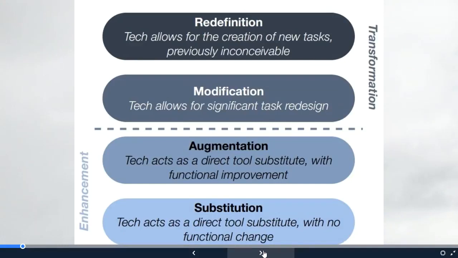Modification, the third step, allows for significant task redesign. Many times it involves collaboration with peers or allowing student work to be accessed by a larger public than the school building. And then redefinition is the higher level, and this is a complete creation of new tasks when given